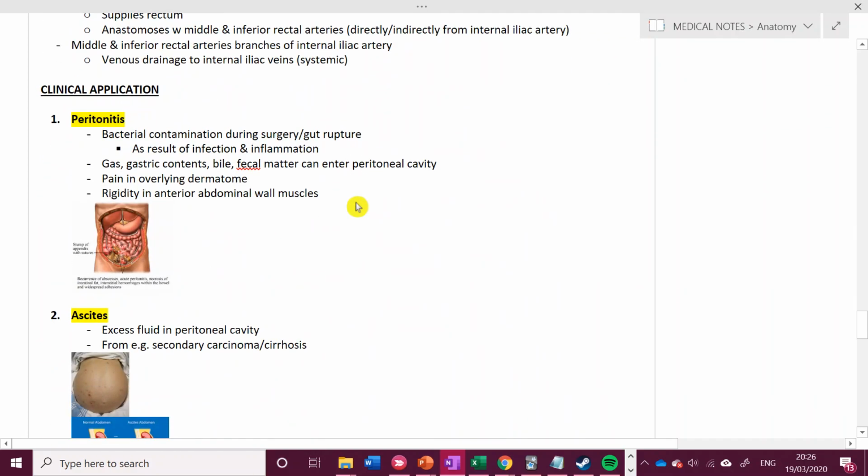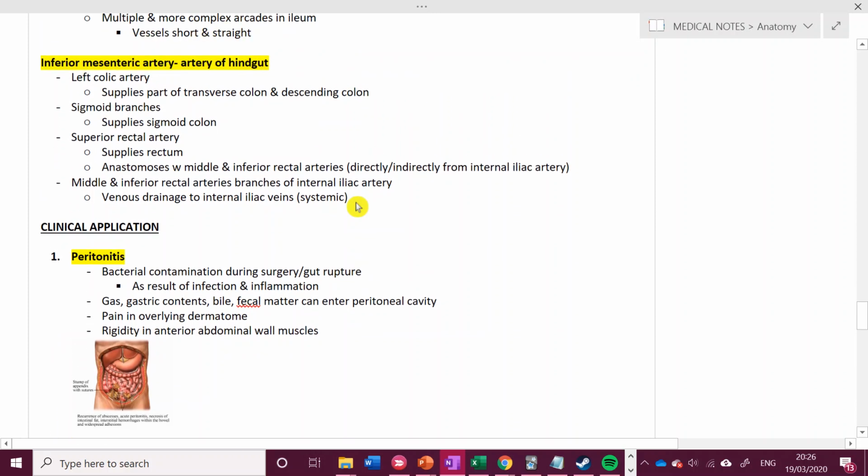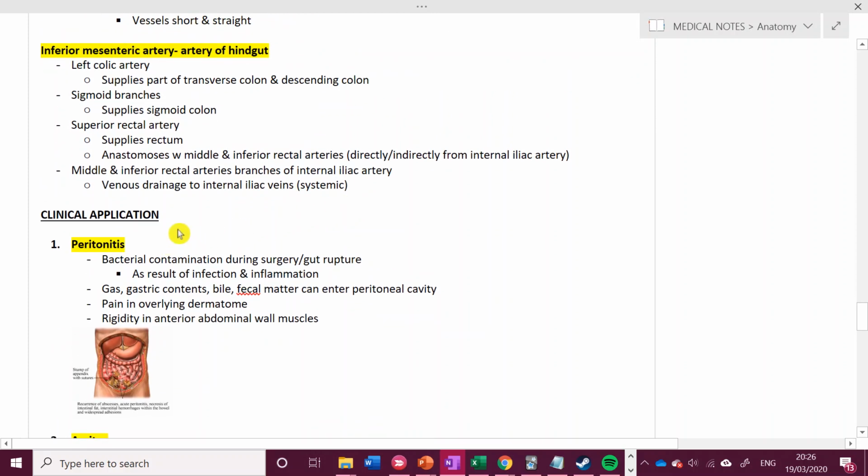Let's talk about some clinical applications and what can happen when things go wrong with the GI tract and this part of the abdomen. So firstly, we have